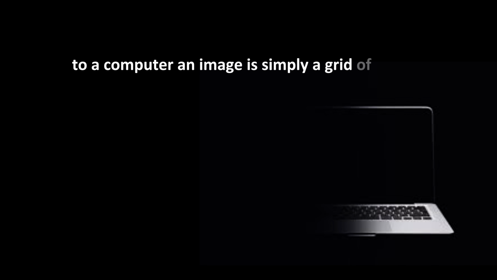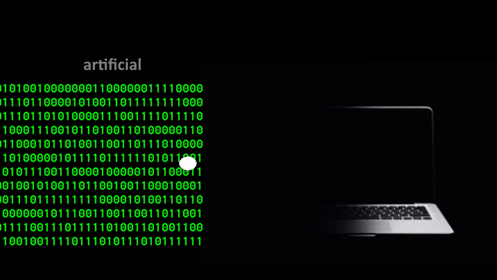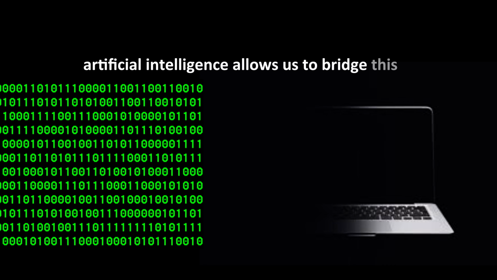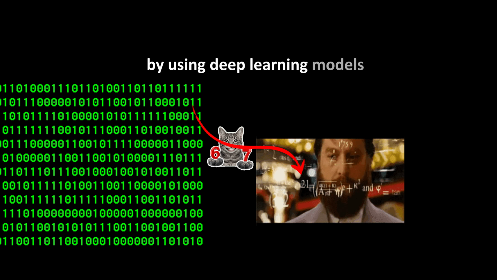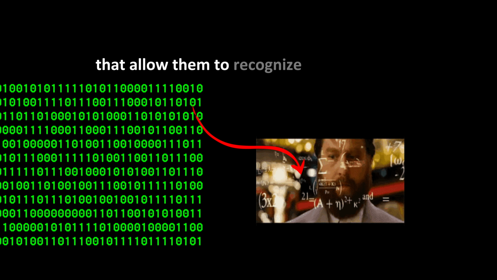If you see a picture of a dog, your brain immediately identifies it as a dog. However, computers do not naturally understand images. To a computer, an image is simply a grid of numbers representing colors and pixel intensities. Artificial intelligence allows us to bridge this gap. By using deep learning models trained on massive datasets, computers can learn patterns that allow them to recognize objects